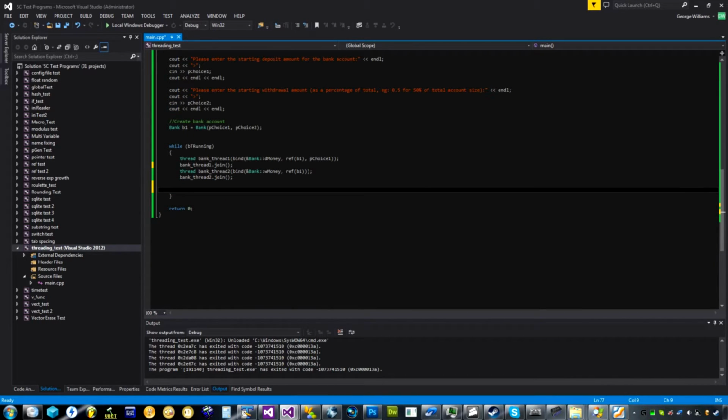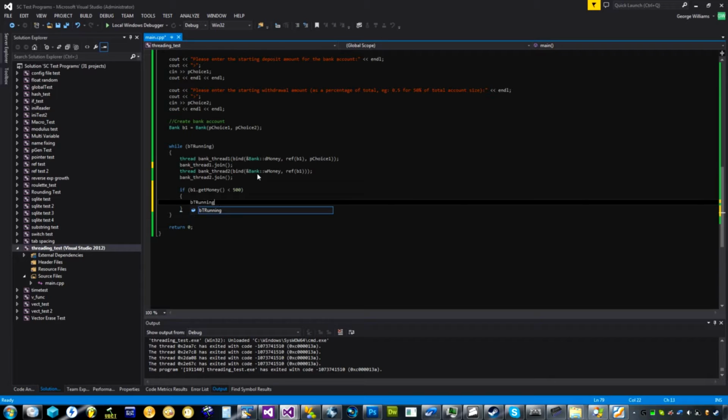Now let's say if b1 dot get money is less than, let's say less than 500, bt running equals false. So if the account ever drops below 500, essentially kill this while loop, so kill the threads. And then count